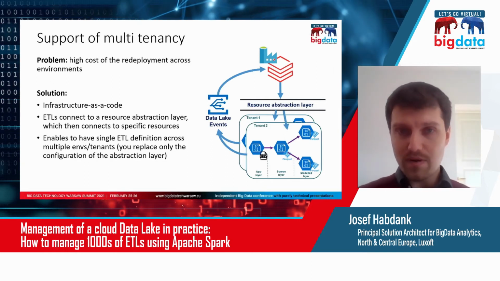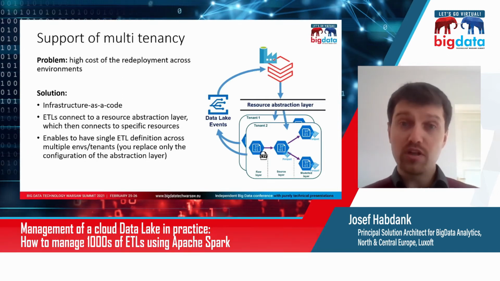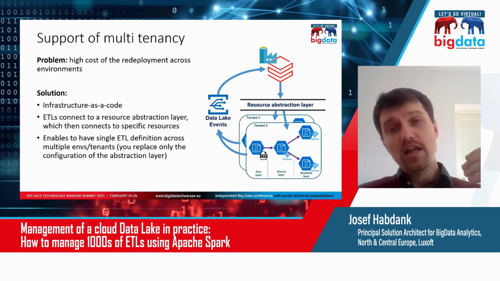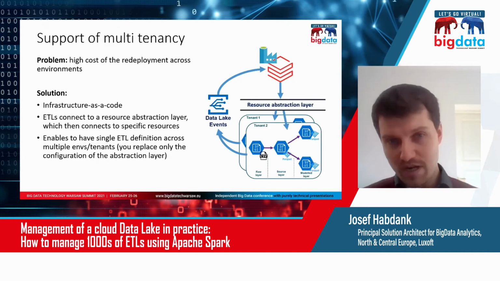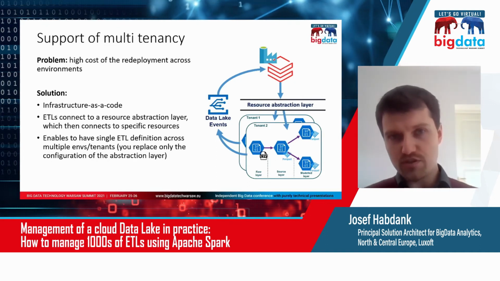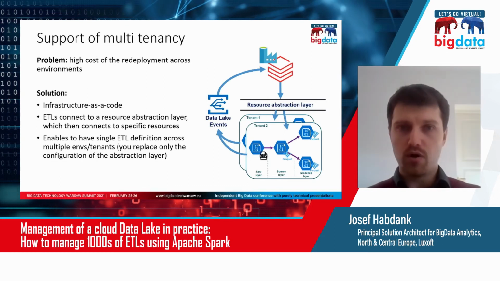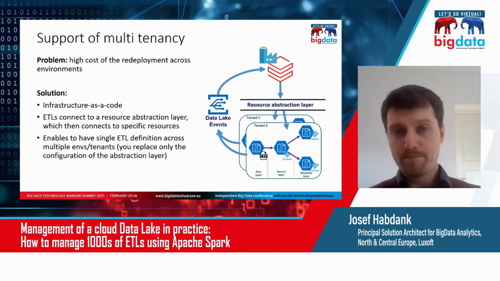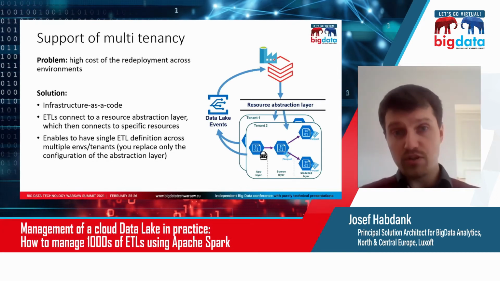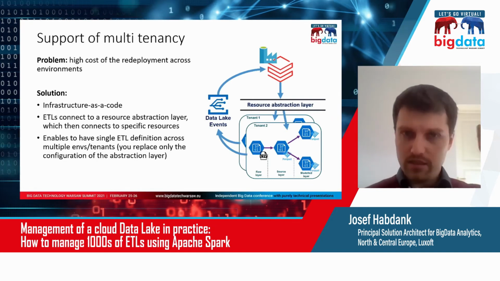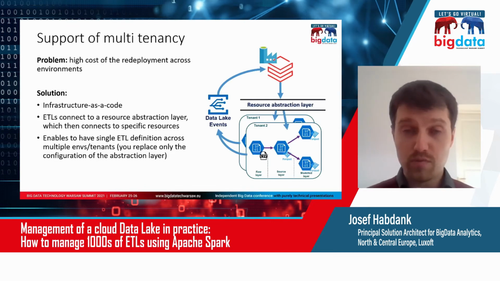We actually built a resource abstraction layer that is switched from environment to environment. So you don't have to change the configuration files of the component, because the component talks through the resource abstraction layer to the specific resources. So let's say you have an ETL moving some data set from raw layer into staging area, right? Normally what you would do is say, this is the raw layer, this is the staging area, these are the specific pointers, databases, or locations, run the ETL, go for it, right? And then if you move it to test, you would switch those pointers.